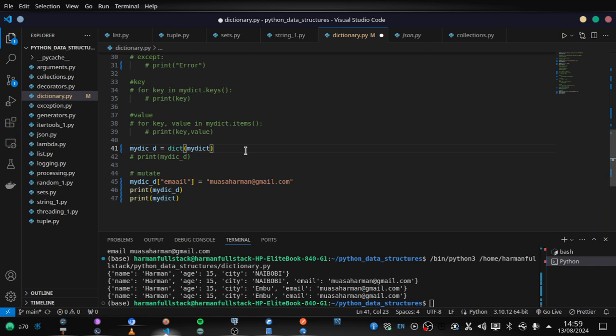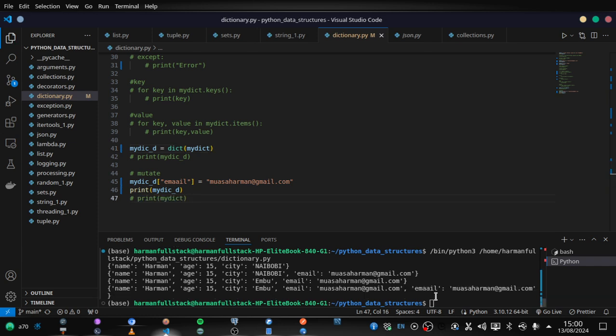We're not going to have an email, we're going to have this, and we are going to assign it the value. So if we try and print, you can see we're going to have this email. You can see now we have